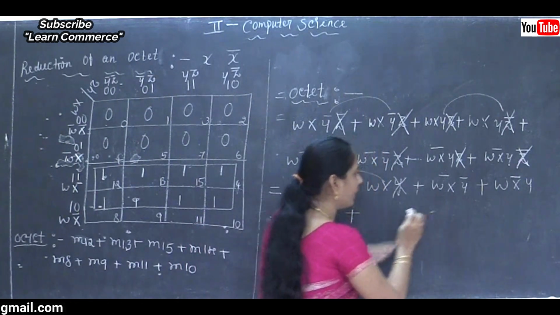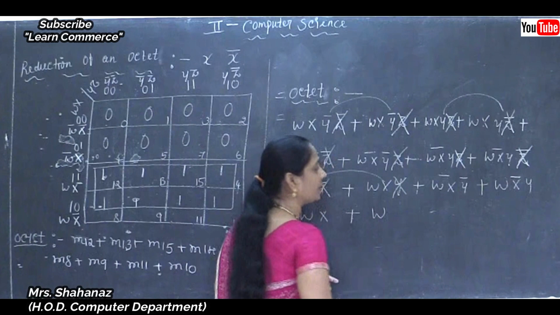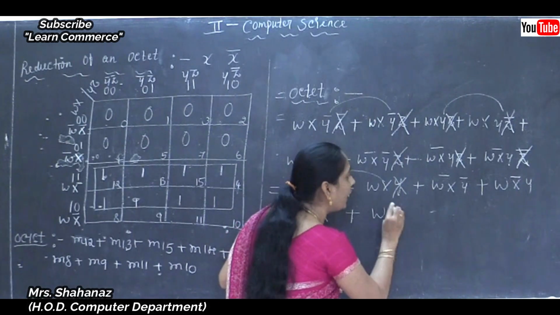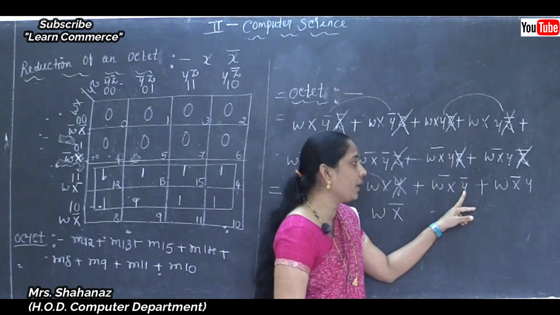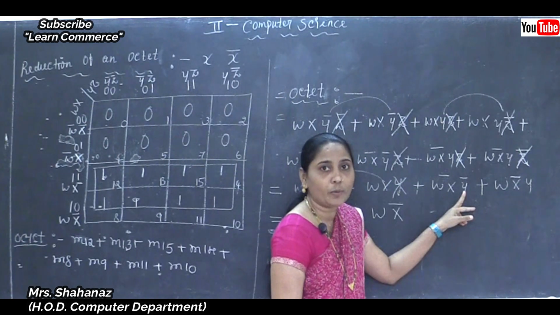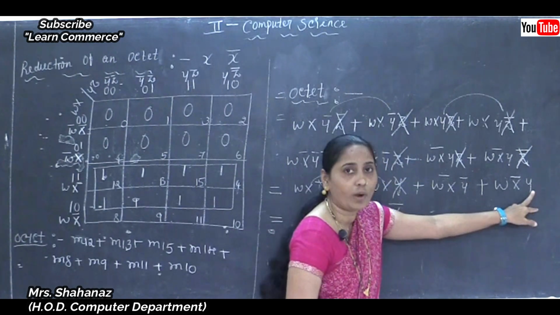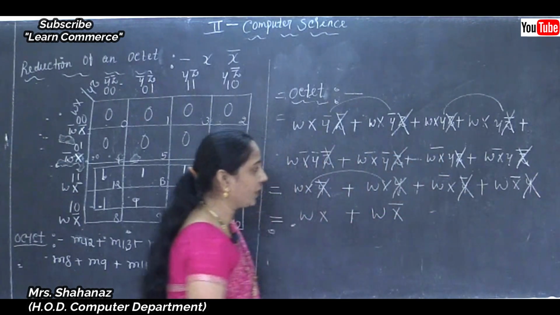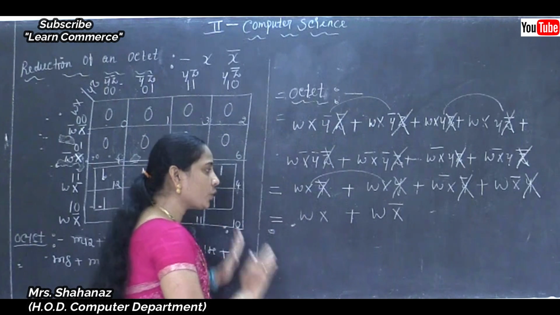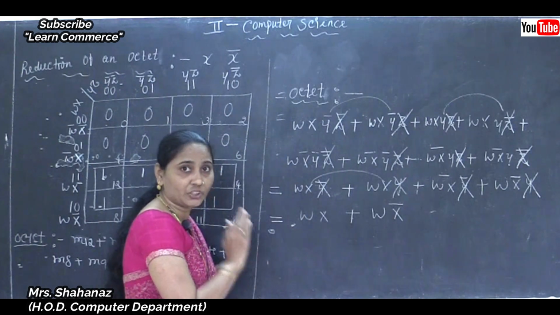The next value is here, we just need to take the w and the complement of the x. But when you make the comparison of the variable, in the first expression it is the complement of y, and in the second expression y is there, so we are going to remove the variable. Okay, here. After that, it is also not the final expression result.